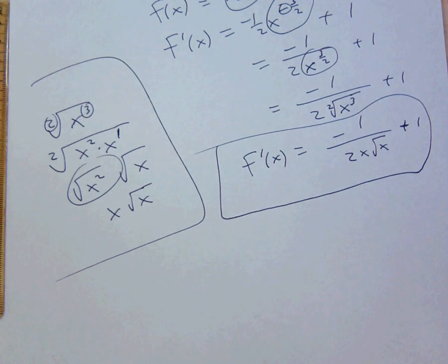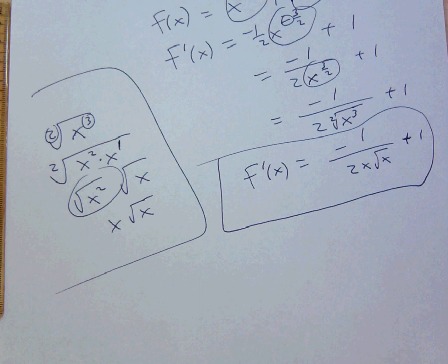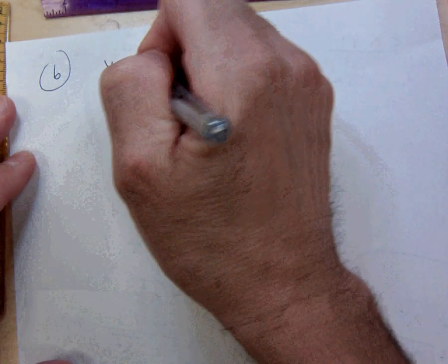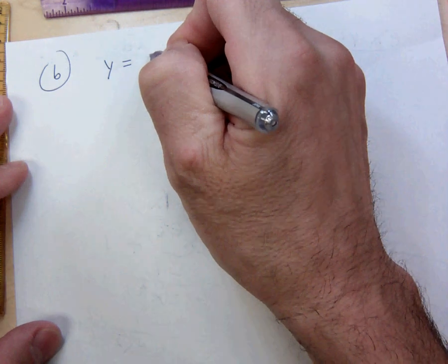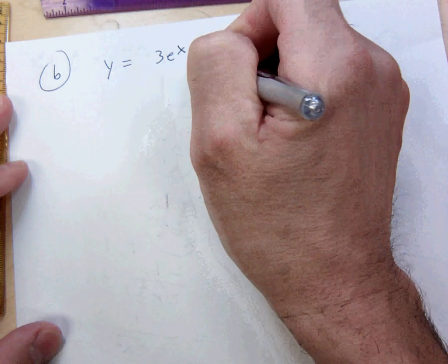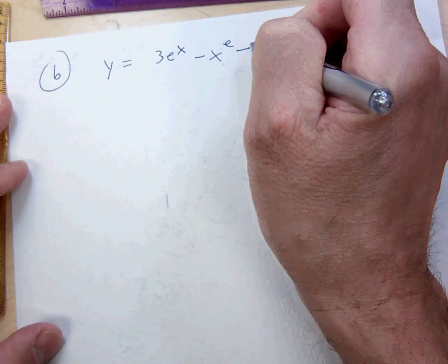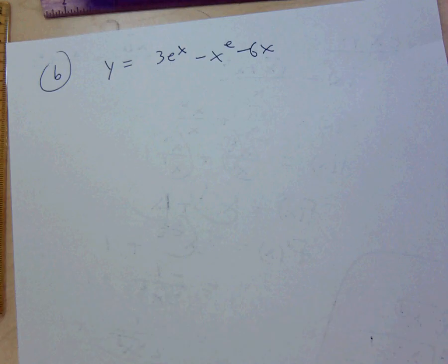So that's what I would want that answer to look like if that was a homework question, regardless of where they stop in the back of the book when you check your answers, okay? Any questions? Okay, moving right along, let's go to B. Okay, what's B? Okay, ready? All right, so